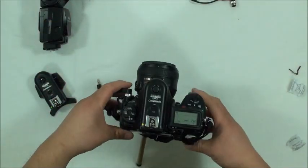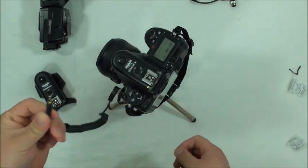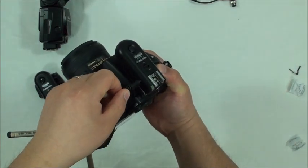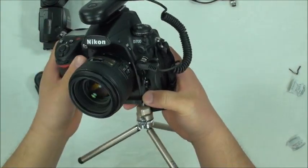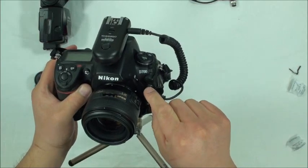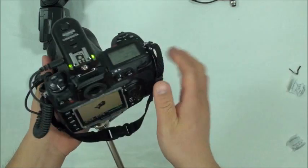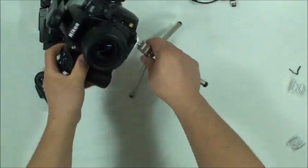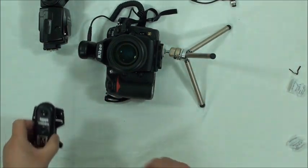We're gonna try the remote camera trigger. So with the cord or the cable, you can just plug that into here as such. Okay, so it's hooked up. I have a D700 here, so it connects to this on the camera body up to here on the transceiver onto my hot shoe. Okay, just gonna lay the camera down like this. Hopefully you can see it. And with that,